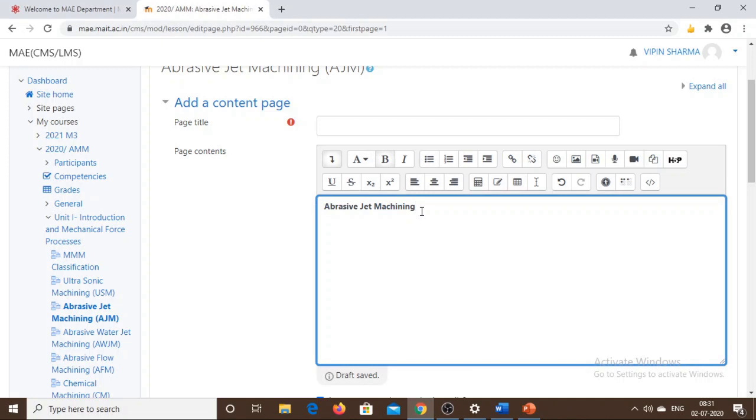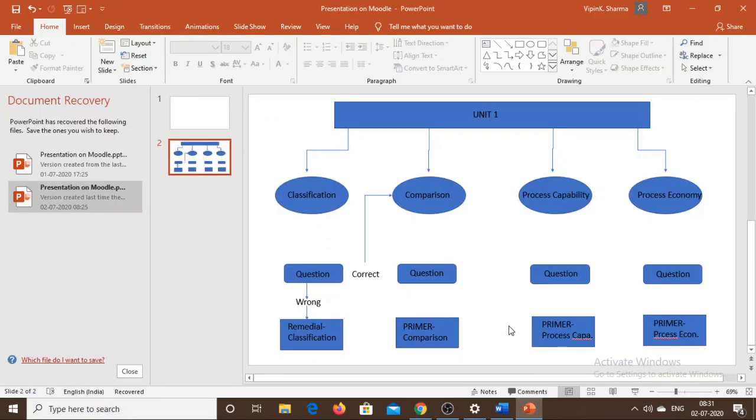Before going further to add content to the lesson, I would like to remind you of the flowchart which I have already discussed. For example, this is the content which I have to add. First of all, I need to add this content. Then I need to provide a question based on this content to check the learning of the student.